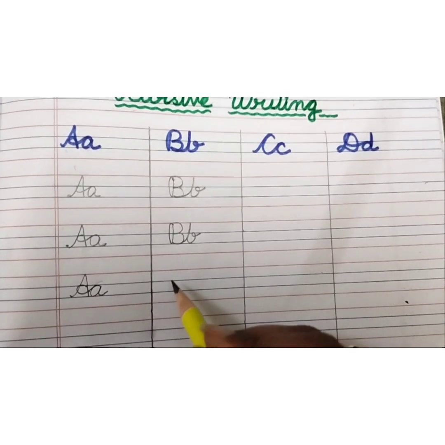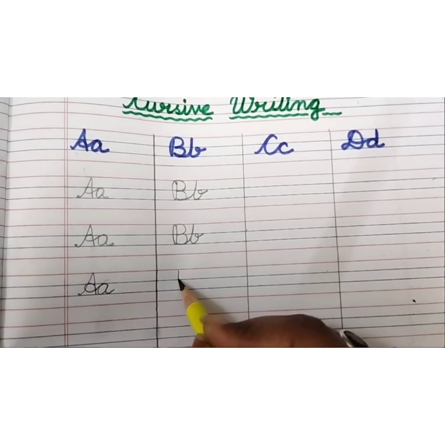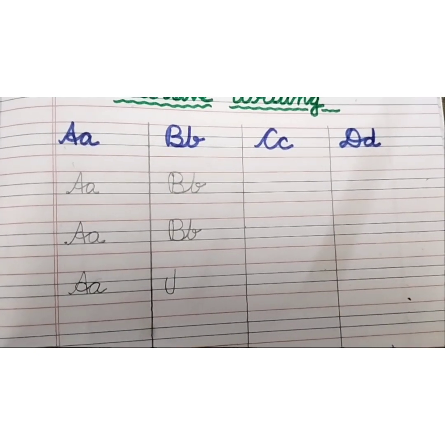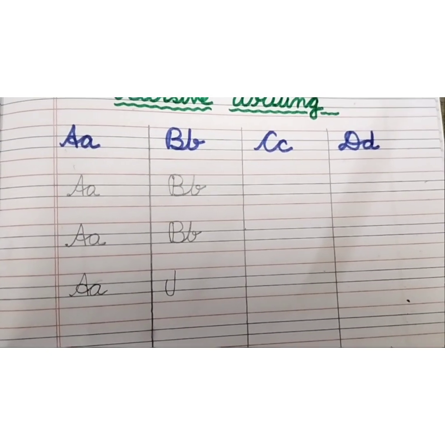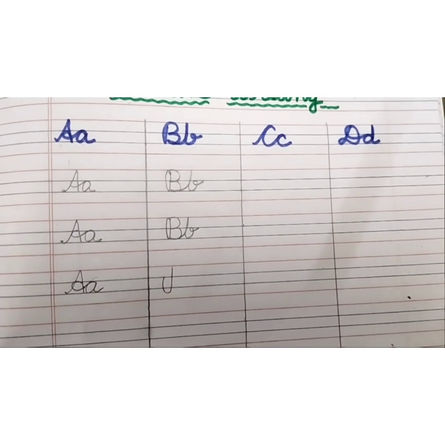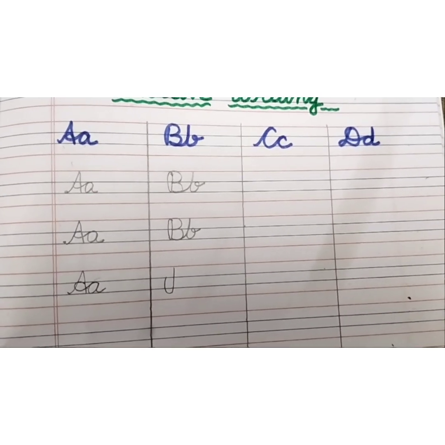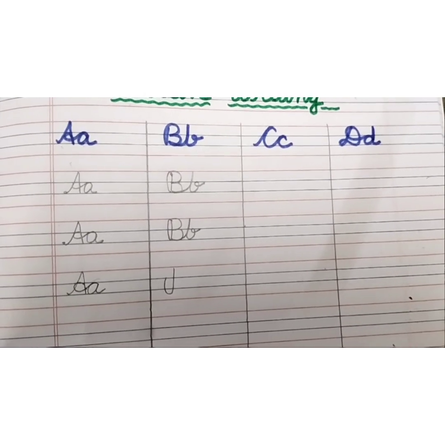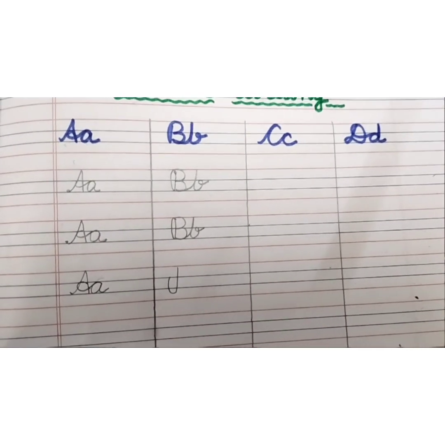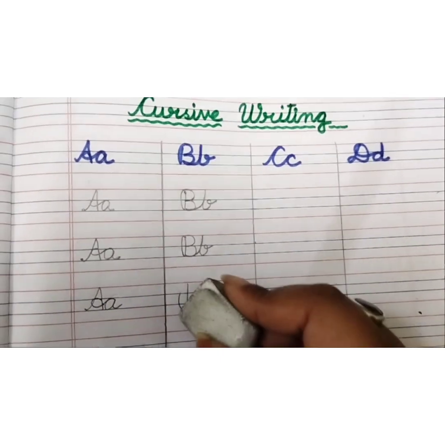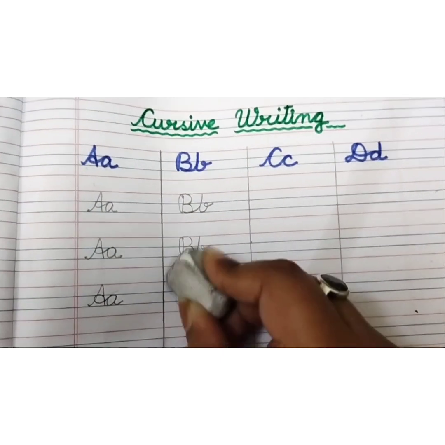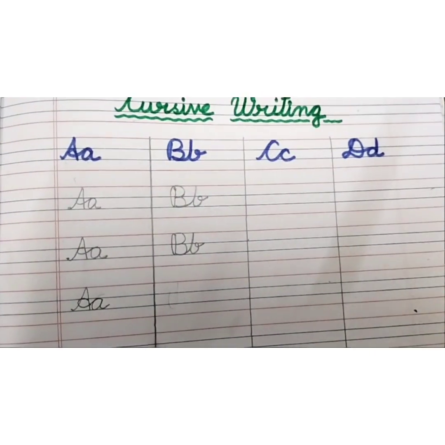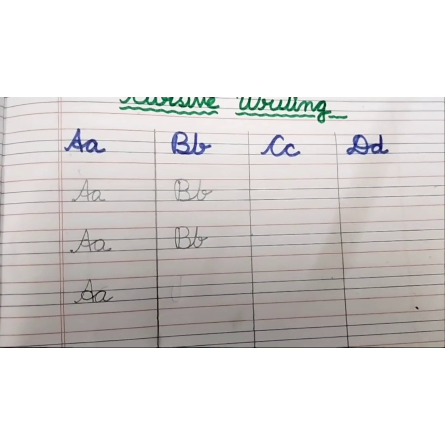Again please follow me children. Oh, see, I made a mistake. What should I do, children? Yes, you are right. If we make some mistake in writing, we should erase it. We should not continue our mistake. Okay, so we will erase it. And when you erase, please erase it very neatly. No mark should be there.